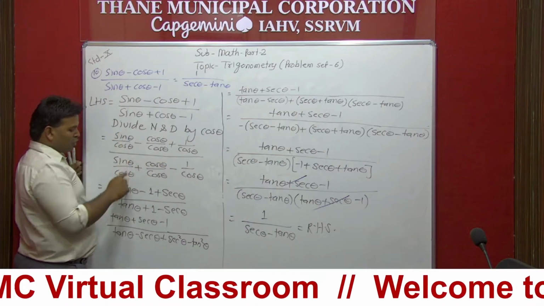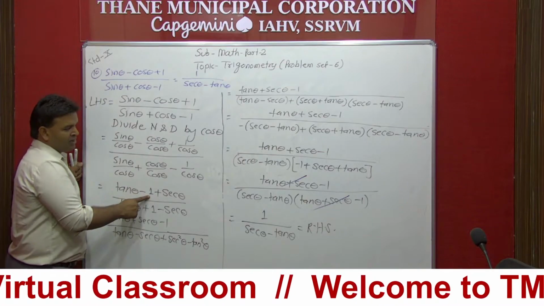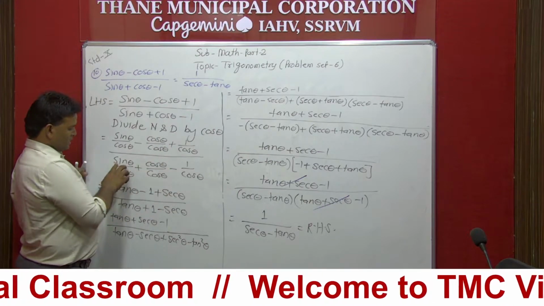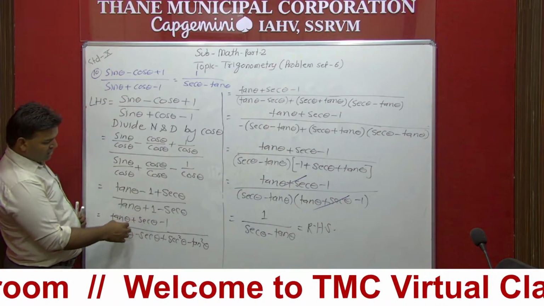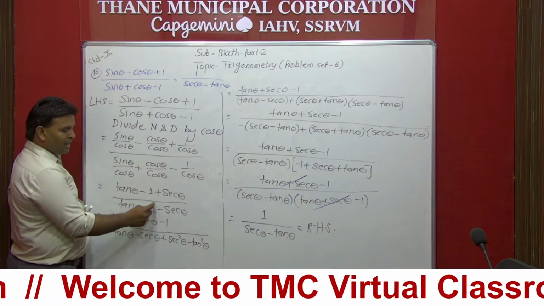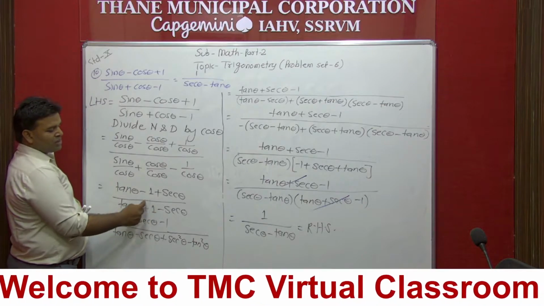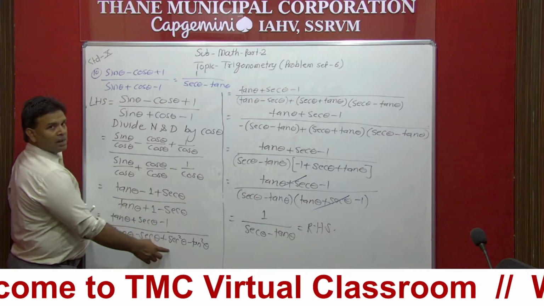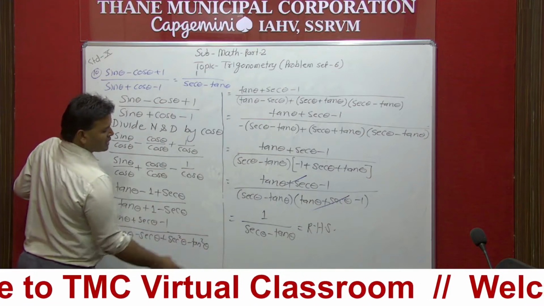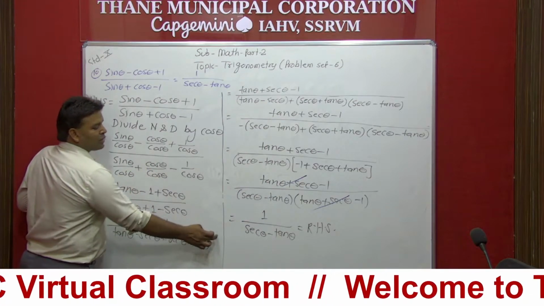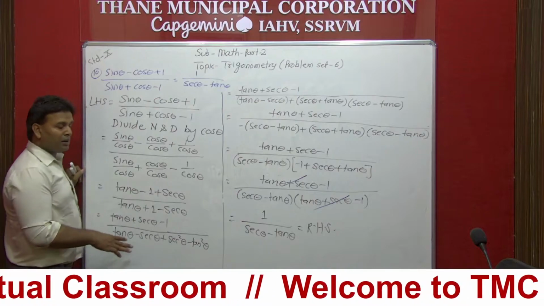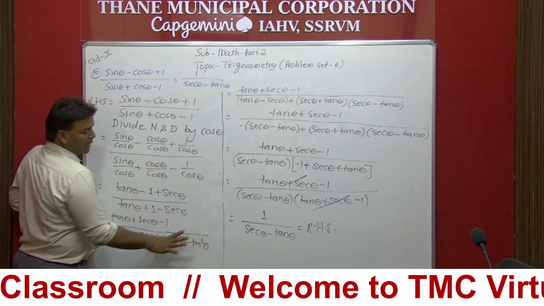So what happened? This is going to be tan theta. Cancel. We will get 1 here. This is sec theta. Same thing we will write down here. And finally, whatever step we have got, here we have to replace this one with the identity. Here we have to write down the reason, that is 1 plus tan square theta is equal to sec square theta. I don't have space, that's why I have not written it, but you have to write down the identity.